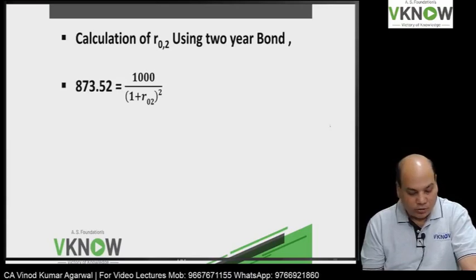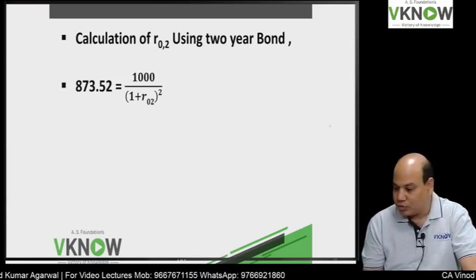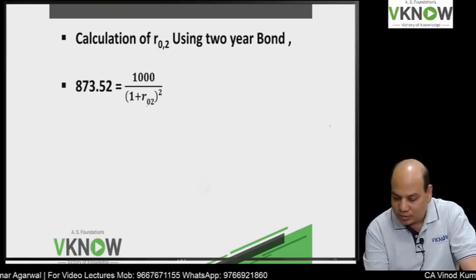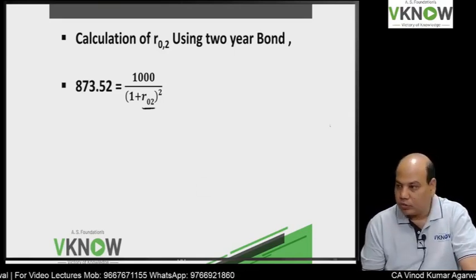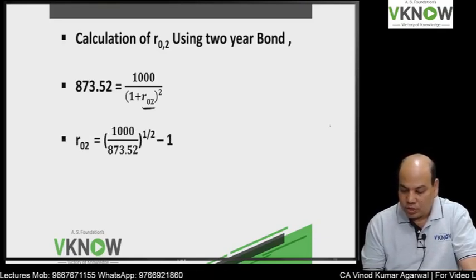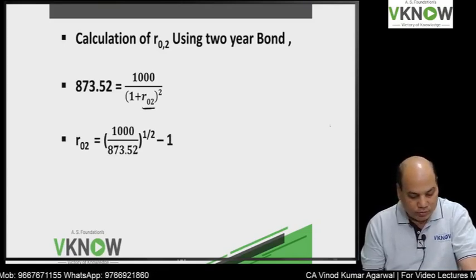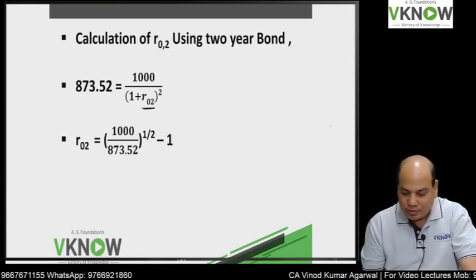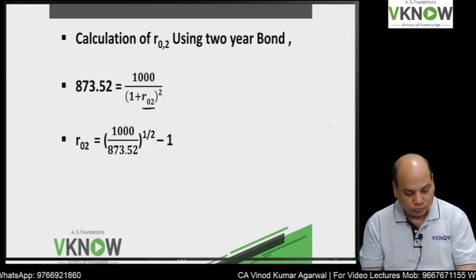873.52 equals 1000 divided by (1 plus R02) to the power 2. So this is the yield of a 2-year zero coupon bond. Solve. So how do you solve? R02 will be equal to (1000 divided by 873.52) to the power 1 by 2